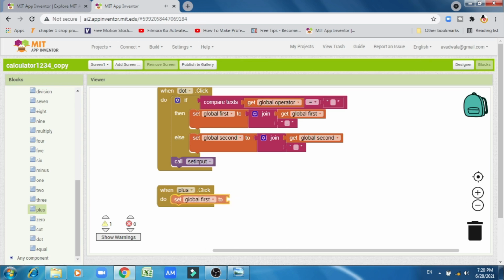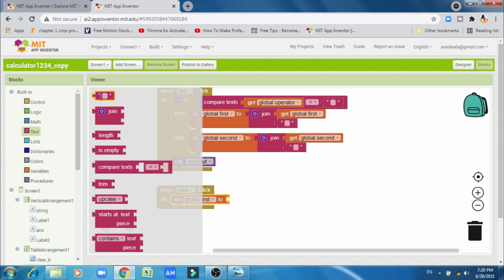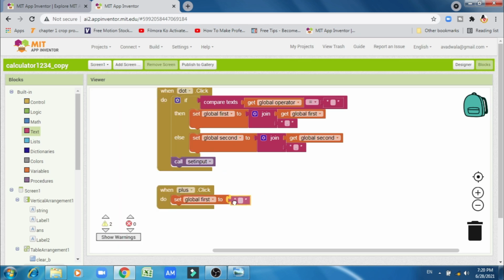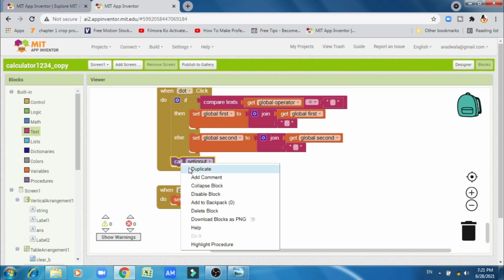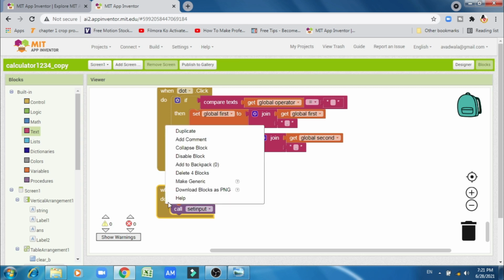Set global operator to, now here in text, empty, here plus, and call set input.